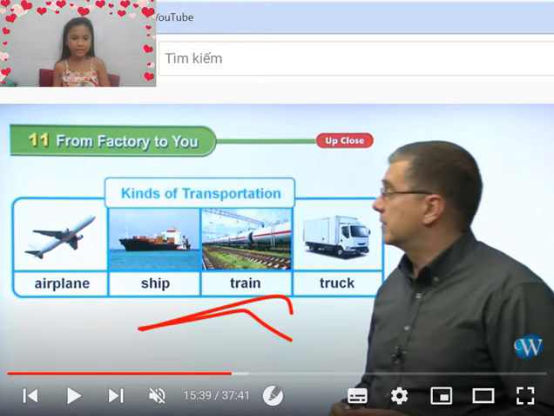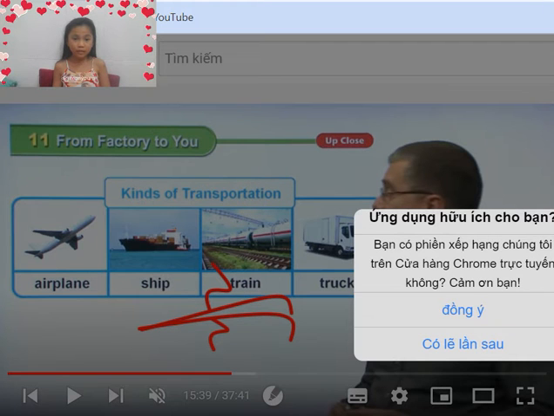Maybe they will have wings. The shape is kind of like this. Kind of a little bit weird, right? But this is what an airplane looks like.